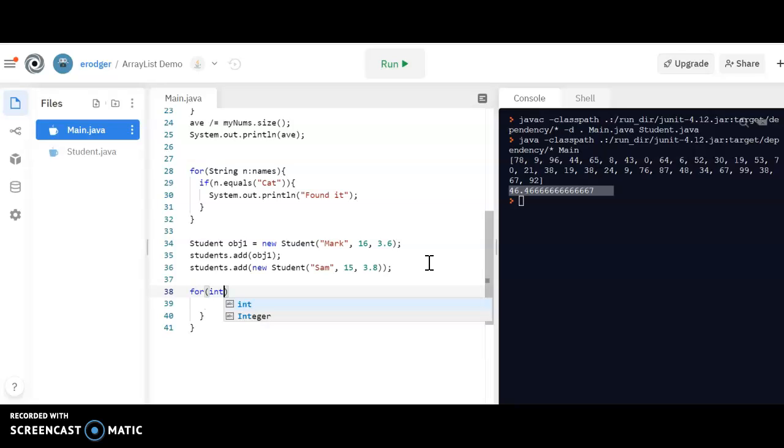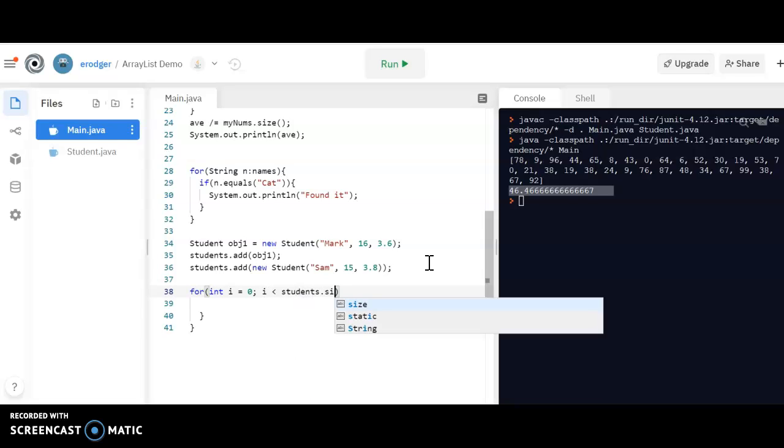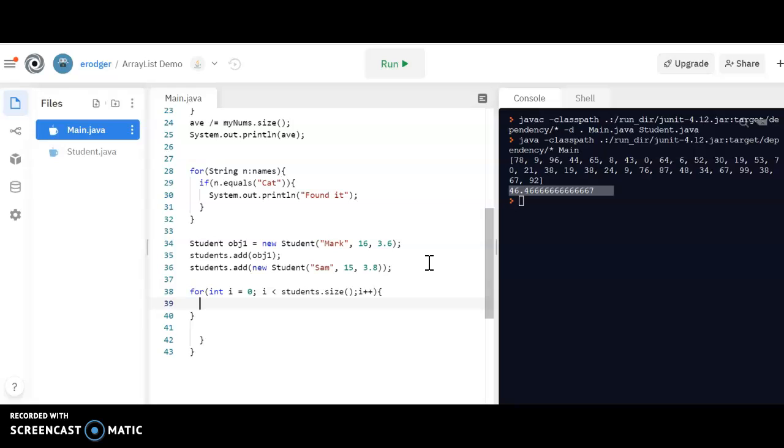I could say for int, there's a couple of options. We could use a traditional loop or we could use the enhanced. I'll go ahead and use a traditional one again. i is less than students.size. So again, don't forget, we need to use the array list methods. And then I could say